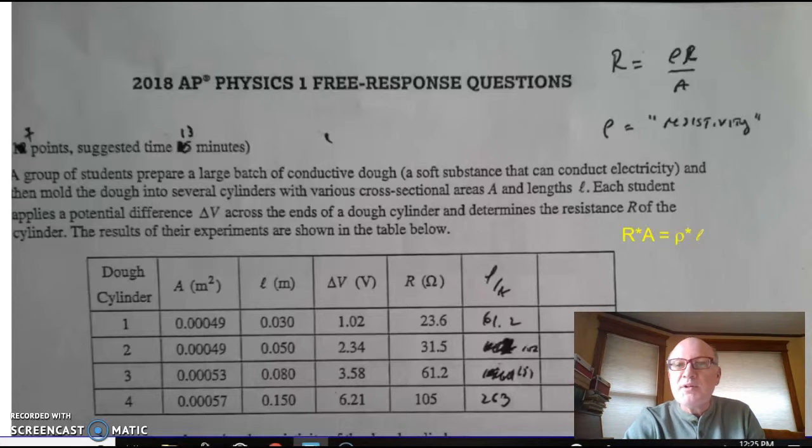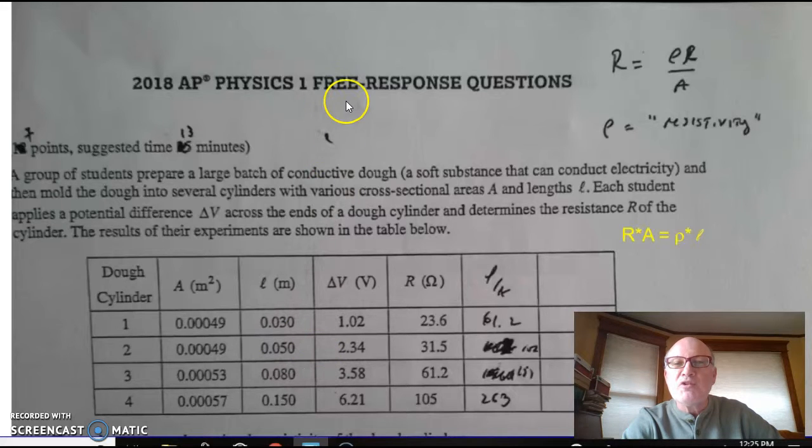Okay, here's question number 4 in our free response question. This is from the 2018 AP Physics 1 exam. It was actually a 12-point question that I modified down to a 7-point question. And it's really a question about data analysis and how to take a set of data like